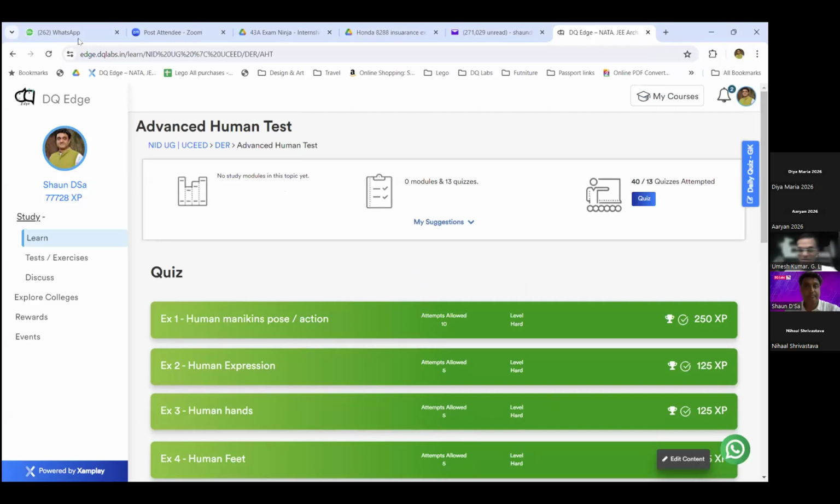All right. Thank you so much, Sean, for showcasing those very interesting sketches. Those advanced sketches are very, very exciting, and there's a lot of scope for creating your own stuff once you start replicating them. And it gets very interesting. So that's a very good add-on to the DQ Edge.